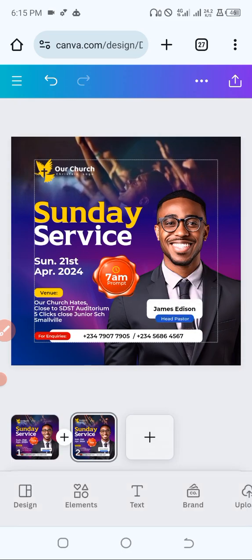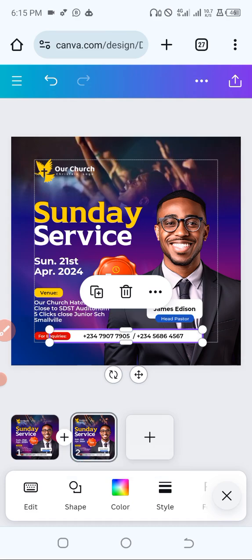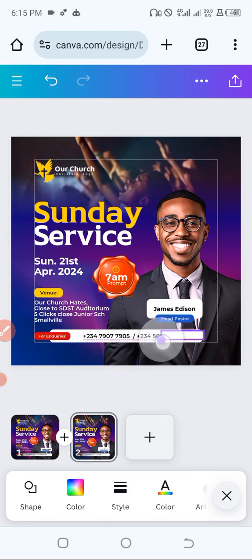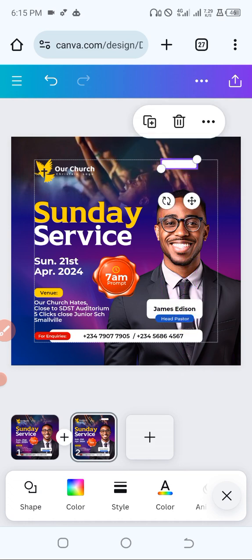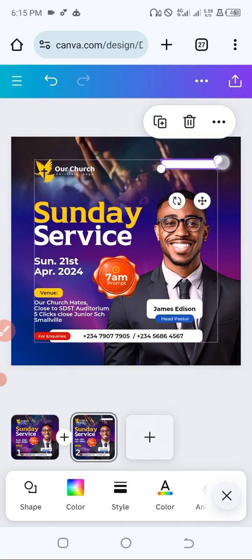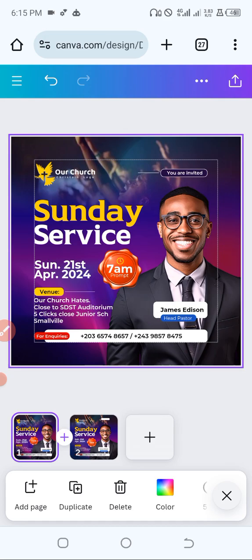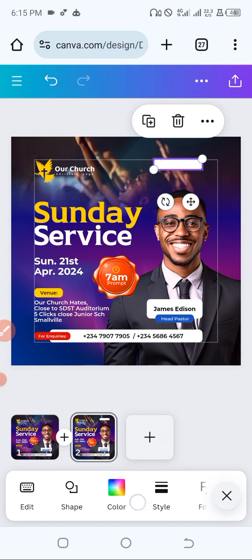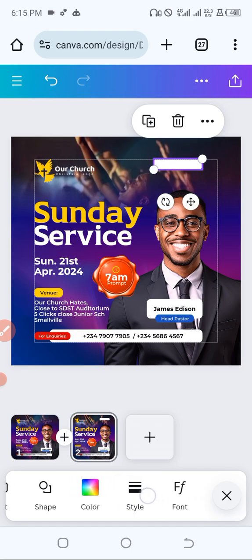And the final thing we need to do is to bring in another shape, another rectangle, and place it somewhere at the top here, so we can put in the last detail. Shouldn't be so wide. So we're writing "you are invited." That's all. So I would like to go to style here. If I click on style,